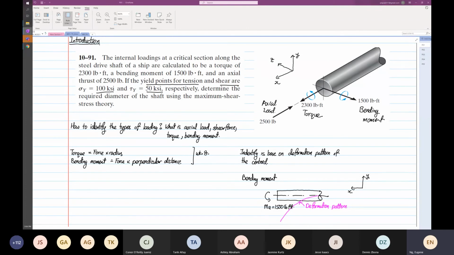So if your deformation pattern is a smiling face or a sad face, then it's due to what? Bending what? Bending moment. Okay. Now, if we view this with the same view, if we view the structure again in the same way,